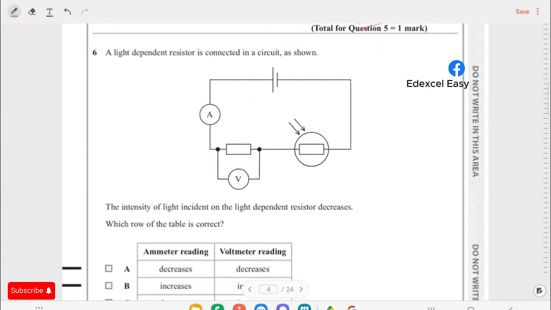A light-dependent resistor is connected in a circuit as shown, and the intensity of the light incident on the light-dependent resistor decreases. So which row of the table is correct? These rows are entirely about the ammeter and the voltmeter, right? Over here, the voltmeter is connected to the fixed resistor and the ammeter is connected to the entire circuit. So when the intensity of the light shown on the LDR decreases,